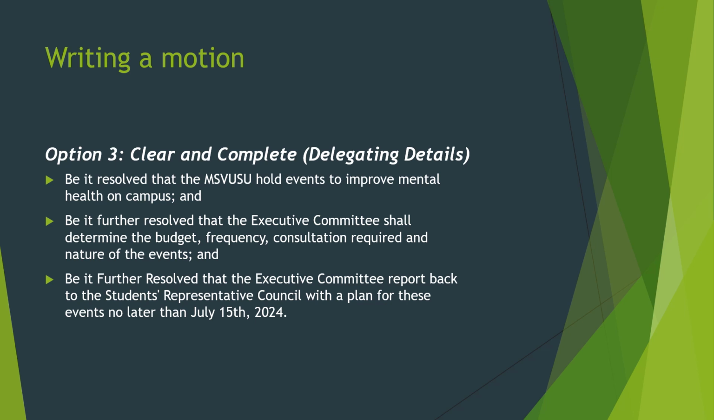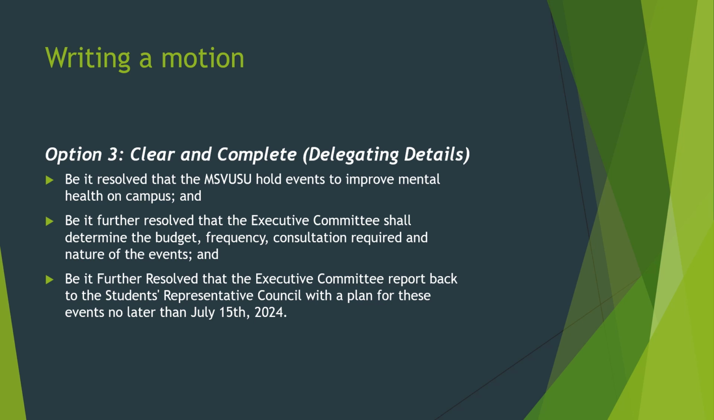In option 3, the details are delegated to another body, the executive committee. So the ownership of the responsibility to enact the motion is clear. The motion also has a due date, so there's accountability on when the action is to be taken. In this way, the executive committee will meet and discuss the plan, passing motions that further assign duties, and ensuring that the plan is ready by July 15th, as required by the motion. The plan that the Students' Representative Council receives will be guided by the parameters in this motion, so the goal will be accomplished,